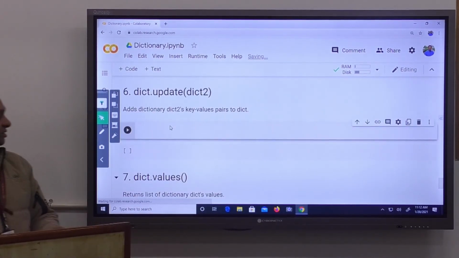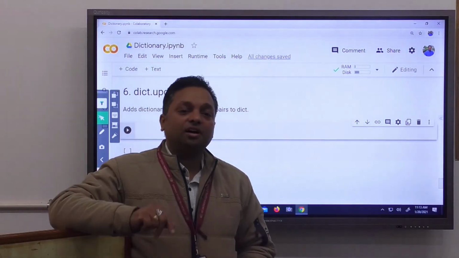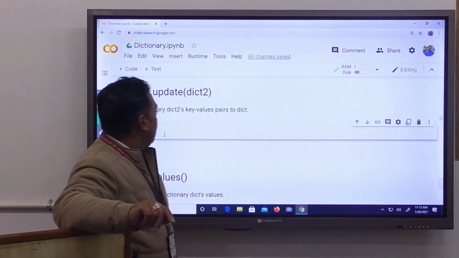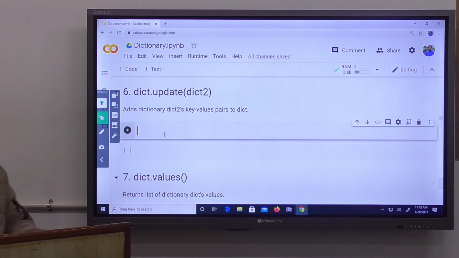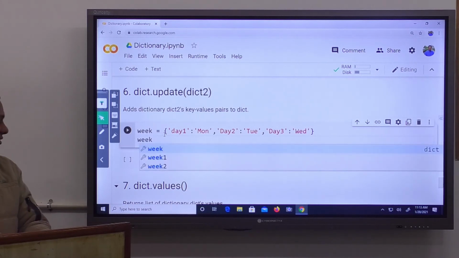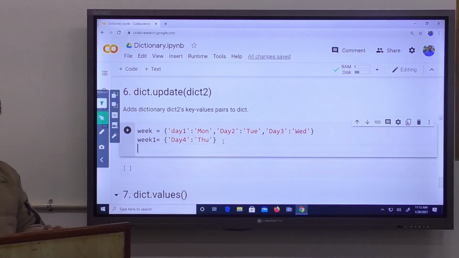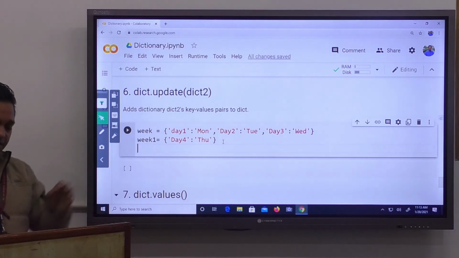The last inbuilt method is update. If you want to update, again, for updating there are two methods. Earlier we talked about how we can update a key-value pair using the square bracket method, or you can use the update command also. Suppose I also take one more dictionary, week 1, and inside this I put day 4 as a key and some value. I want to update week via week 1. What will we do?